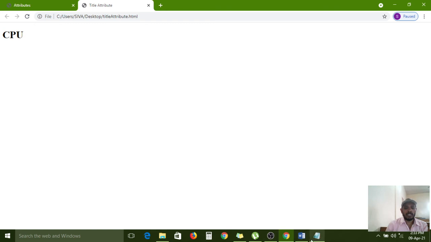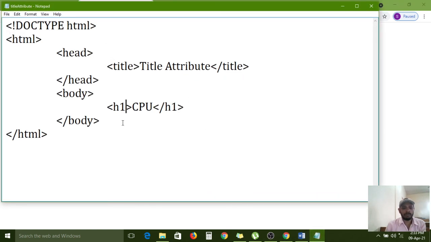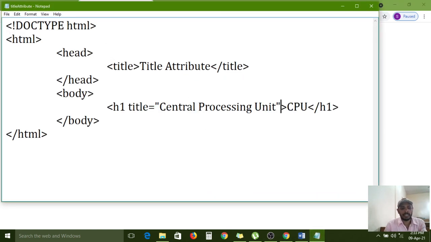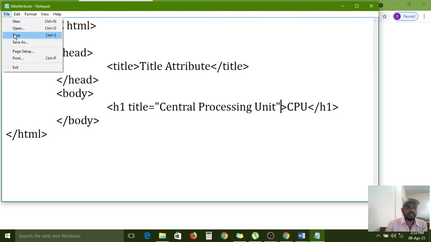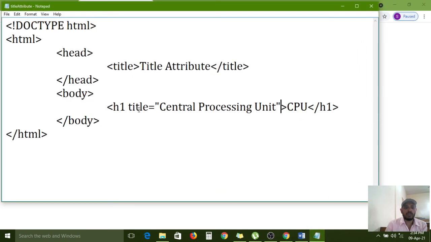So again I am placing it here, give one space and the title attribute. Again I am saving, minimizing this window, and refreshing. Automatically, mouse over on that, it will display like this. Central processing unit. So the title attribute functionality is like this, and style is also similar.